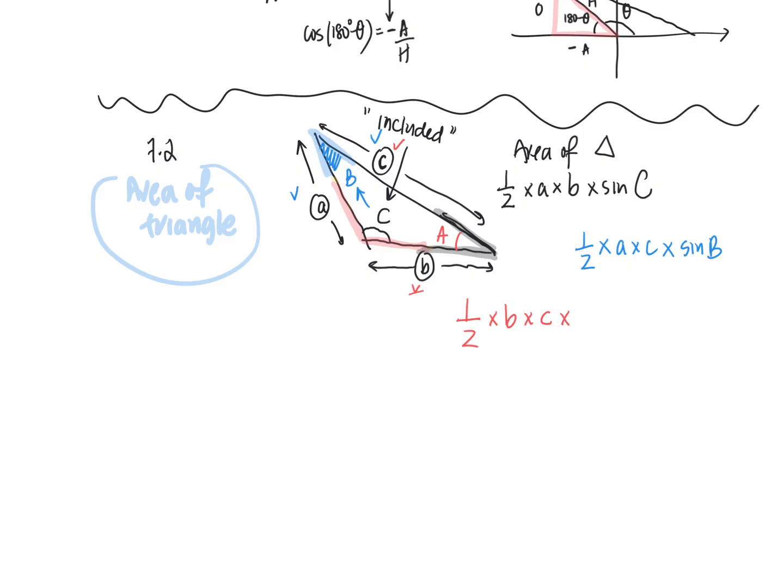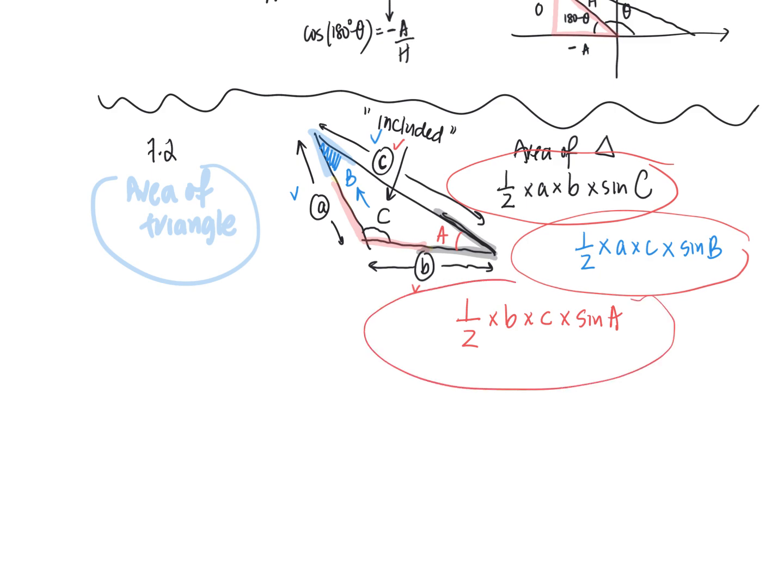Note 7.3, there's no page number there. Okay, then sine of the angle A. Can you see these three formulas? They all give you the area of a triangle. So if you write them together,